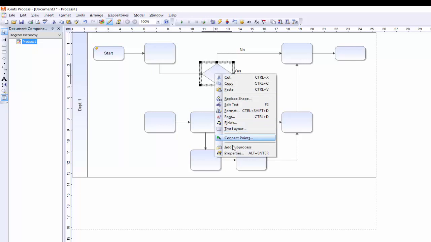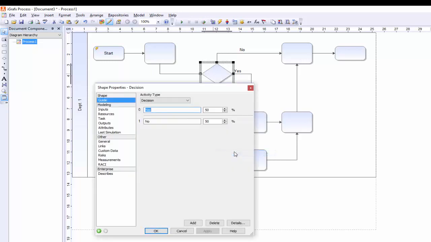So the way to do this is to right click and go into properties, and on the shape properties dialog box under the guide section you can see the type of activity it is and the decision outputs, and at the bottom here we can add an extra output. So if we wanted to change this and say we have an output of never, occasionally and always,